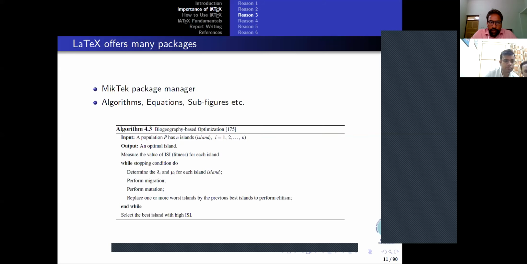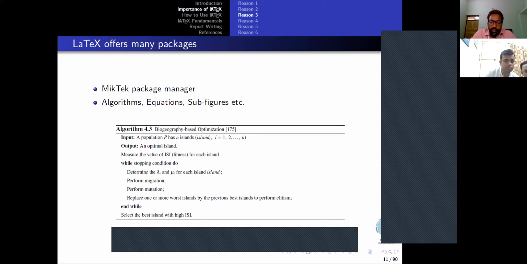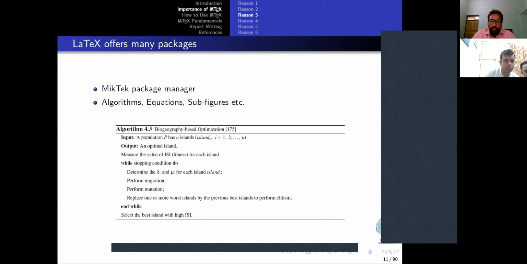Also, LaTeX offers many packages. The library is very rich with LaTeX, and all the library's functions are free, of course. So we have packages for algorithms, writing equations, figures, and subfigures. Subfigures are very important when you are presenting a lot of information in a single figure. Then you need to present the single figure in different sections, and you have to divide that into subfigures. So for all these types of small things, LaTeX provides some commands, and you can see there is an